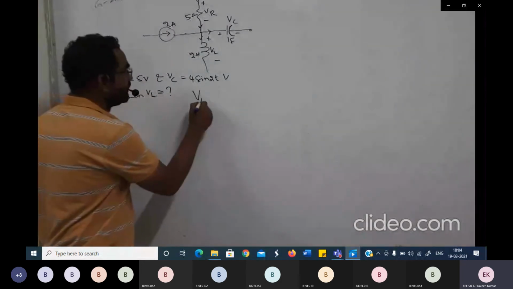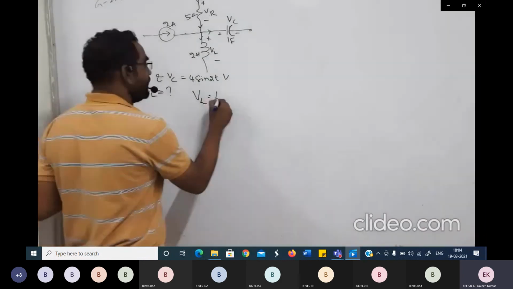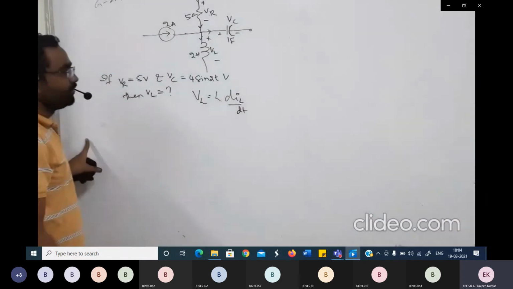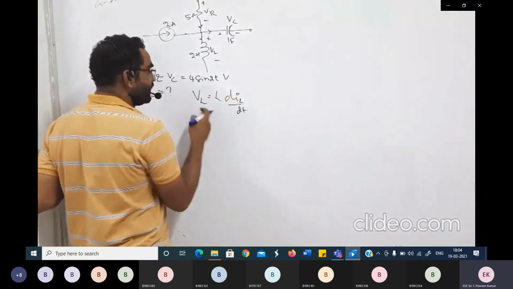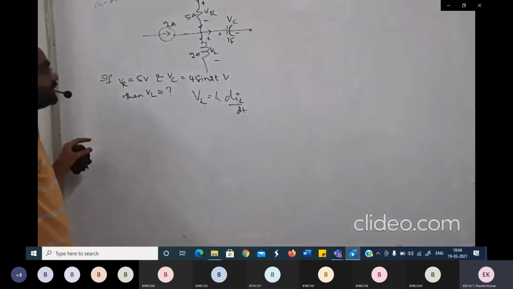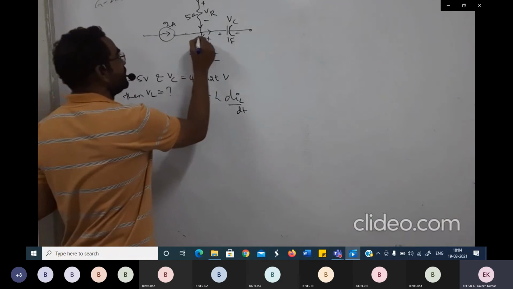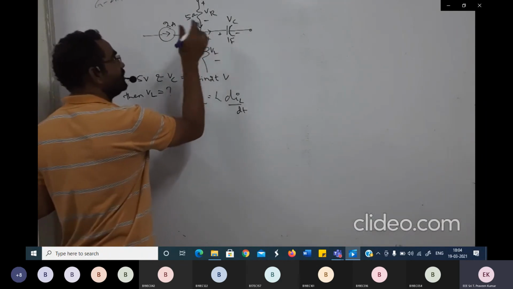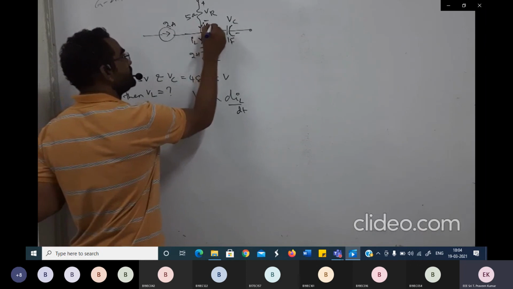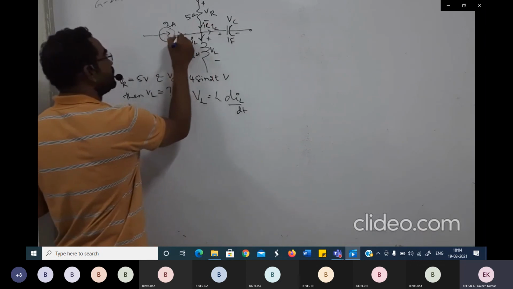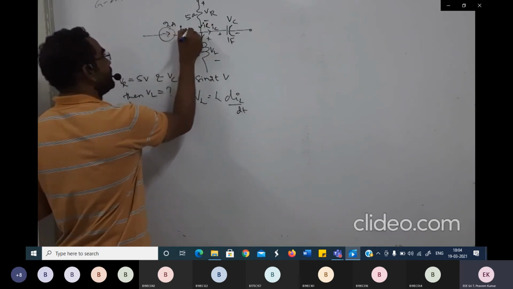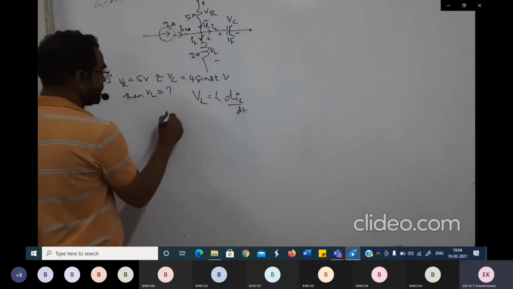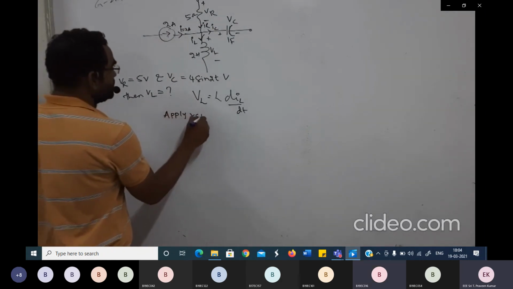Now all of you know that the voltage across an inductor is nothing but L times di_L by dt. If you know the current flowing through the inductor, it is very simple, I can calculate my voltage across the inductor. Now please all of you look at this. We take the current flowing through the inductor. This is I_R, this is I_C. Because this is 2 ampere, I take that I equals 2 ampere, because this is a current flowing through. Right? Now if you apply KCL here, apply KCL. Now what is happening here?